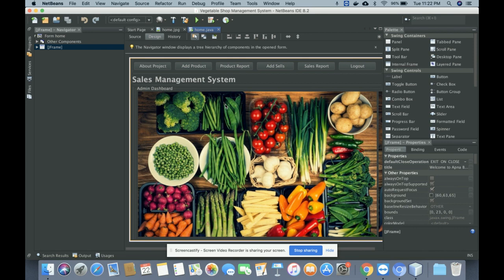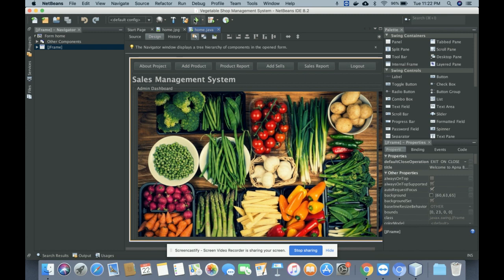As I told you earlier, this is the vegetable shop management system developed in Java and MySQL, and it's a mini DBMS project. Mini because it has only admin login. There is no customer login, and no other user role login available inside this project. For running this project, you need to import it into NetBeans IDE, I am using version 8.2, and after that you need to import the database into MySQL, and it will connect to the database.